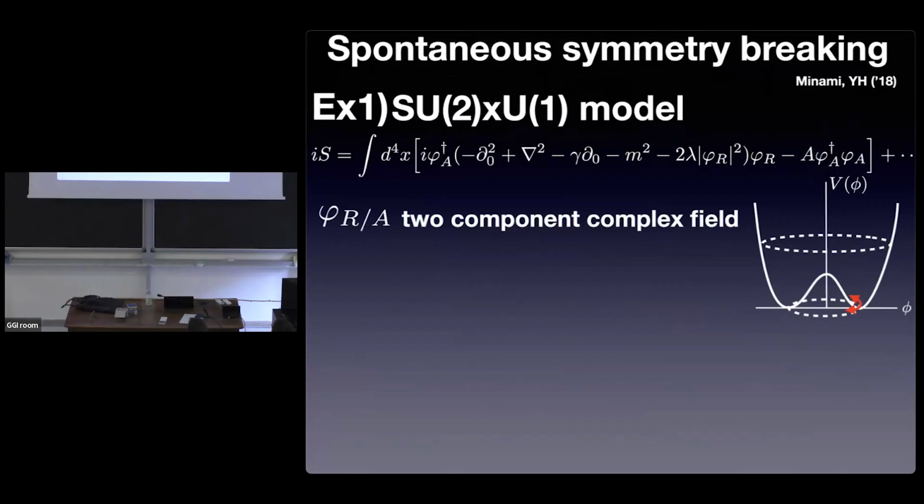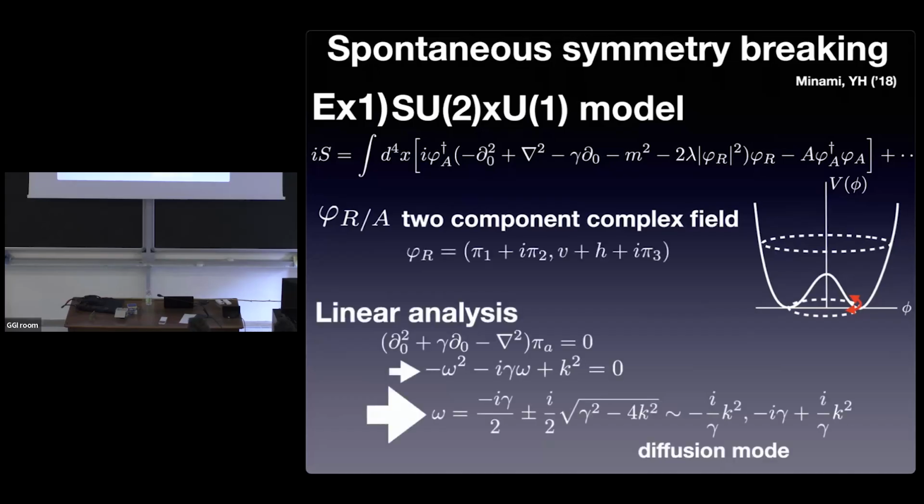So this is just an SU(2) times U(1) model with some dissipation here, and also the fluctuation. The fluctuation is not so important here, but we have the friction term here. Then we can consider the spontaneous symmetry breaking phenomena, and we can discuss a Nambu-Goldstone boson as usual. Then the linearized equation gives you this kind of equation. So now we have the friction here. If there is no this term, then this is just a wave equation. So we have the ordinary Nambu-Goldstone boson.